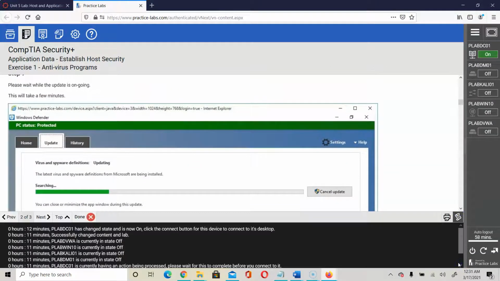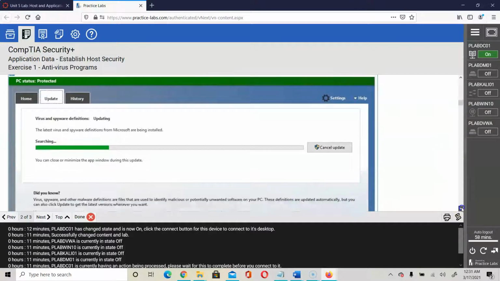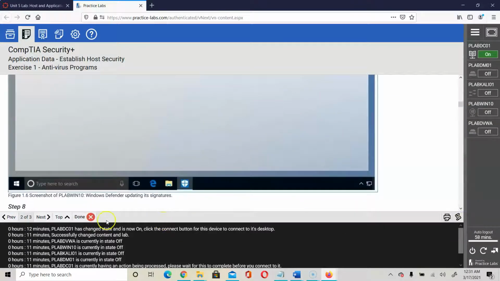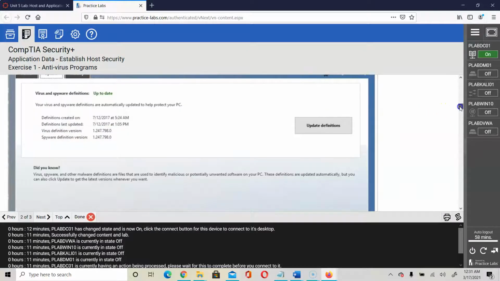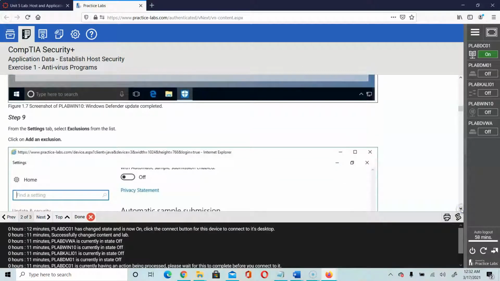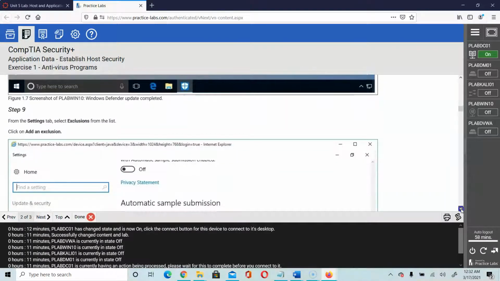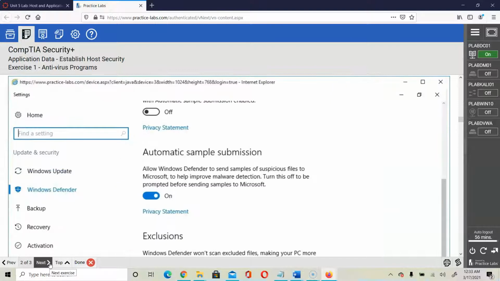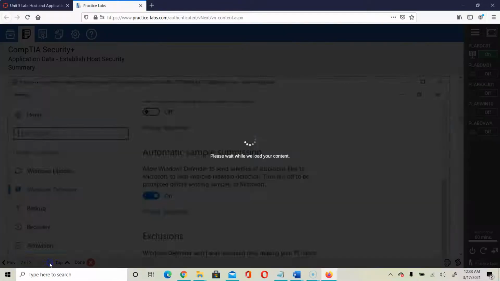Then after we look at the update for the application, we would continue making sure that we have the updated definitions. Then in the next part, we're going to set up the exclusion